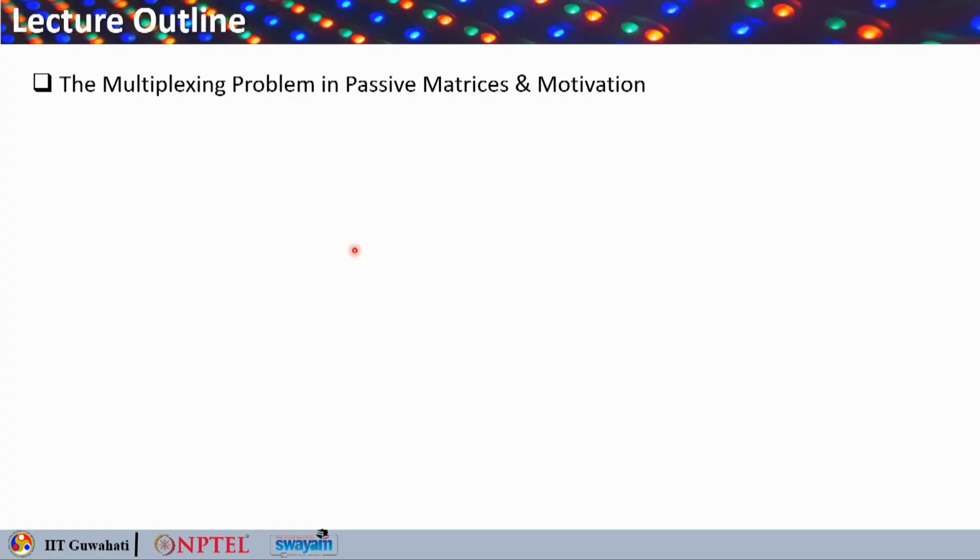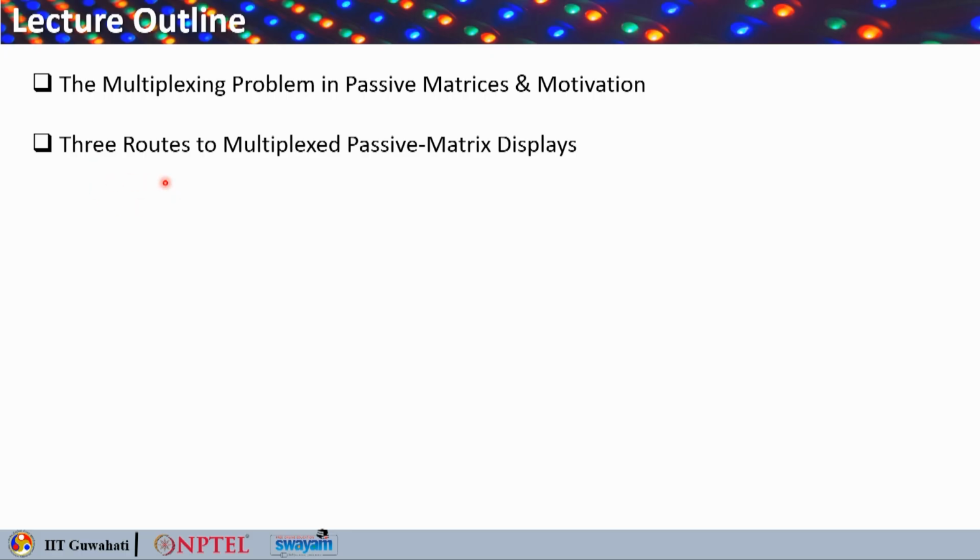So here is the lecture outline. We'll talk about the multiplexing problem in passive matrices and the motivation. We'll talk about the three routes to multiplexed passive matrix displays. Then focus on why bistability is needed, and that could be the third route to